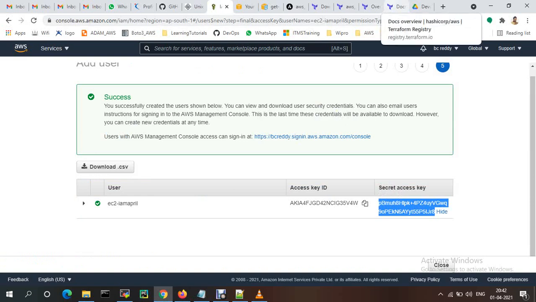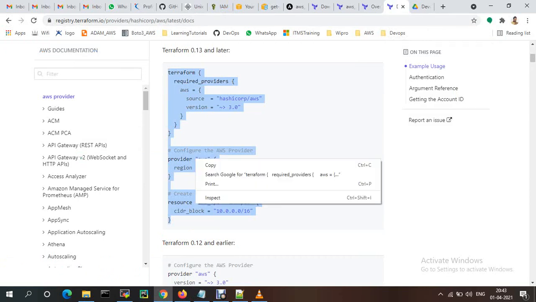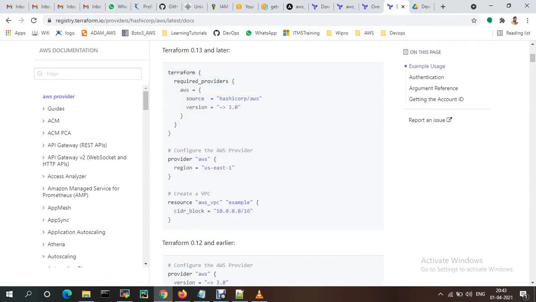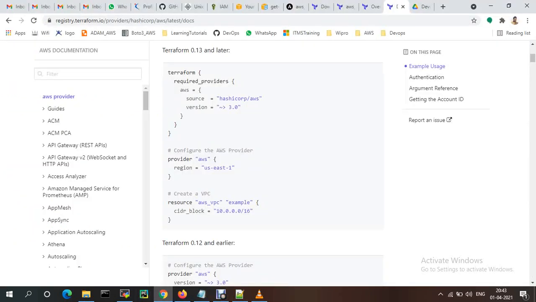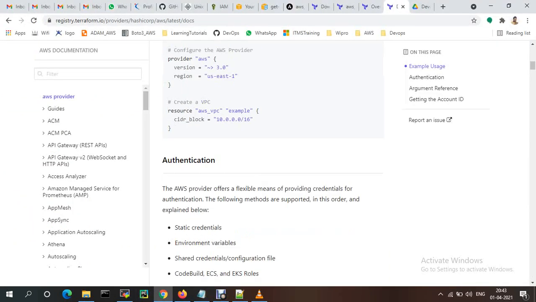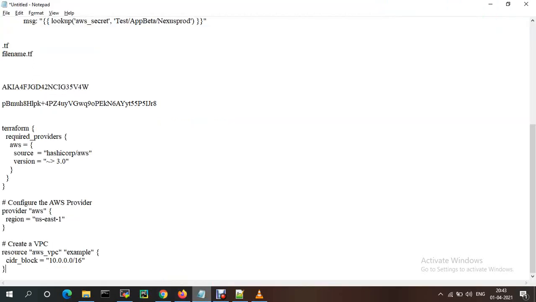Let me take the documentation. I'm going with Terraform 0.13 and later versions. So instead, I'm just providing the access key and secret key, static credentials. I'm adding here the region only.